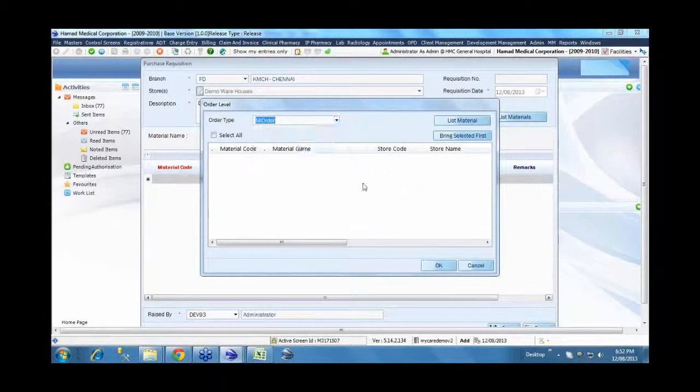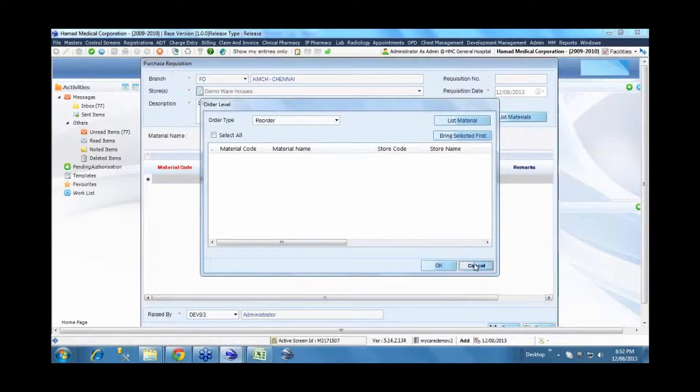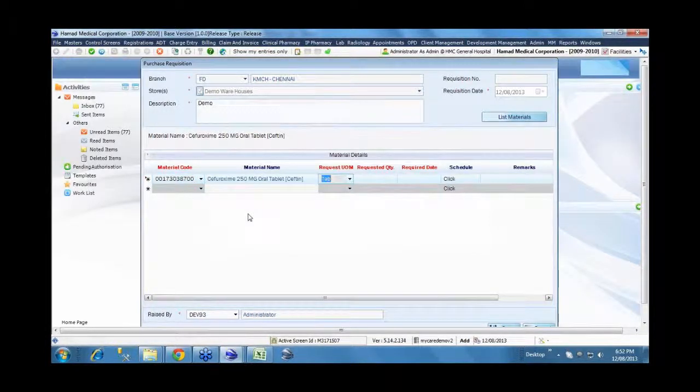at any point of time the respective user can periodically check for any items which have gone below the reorder or minimum level, and based on that a purchase requisition can automatically be placed for that particular item. So this is the provision.